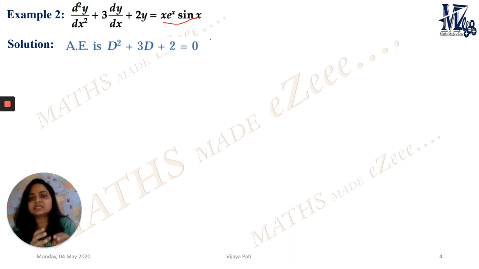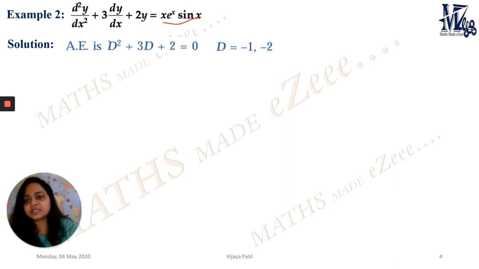So if my capital X is given to me as e to the power x into phi of x, then also I am able to solve this. So most of the time, you just cannot say that I will not go for this capital X, I will not go for this, because each and everything is connected here, right? Each and every capital X is getting connected here, so we have to deal with each and every type of function over here.